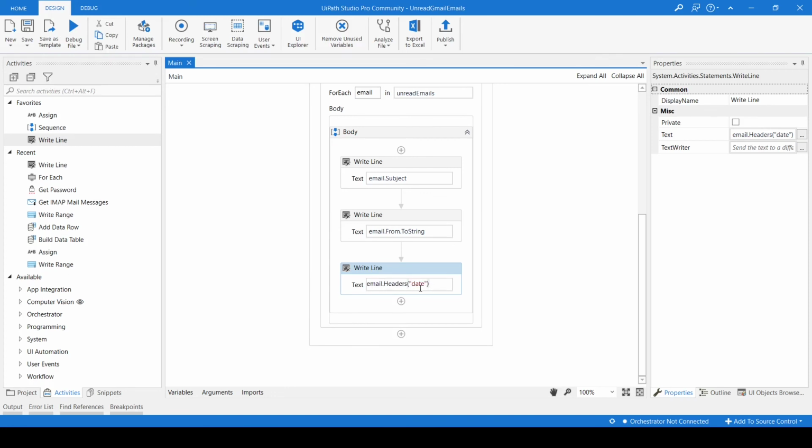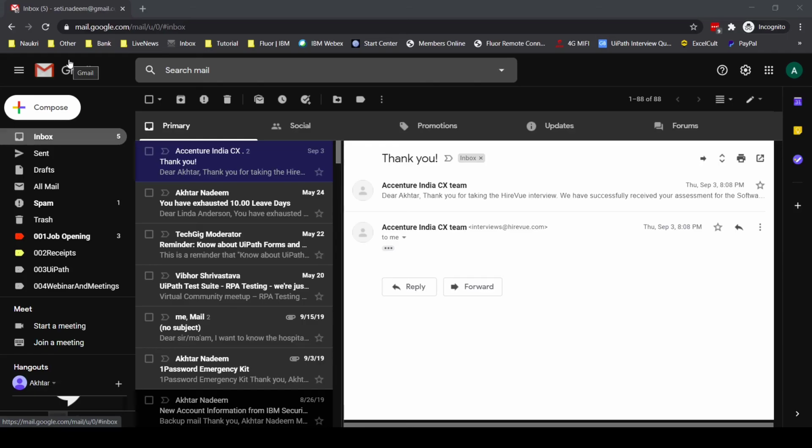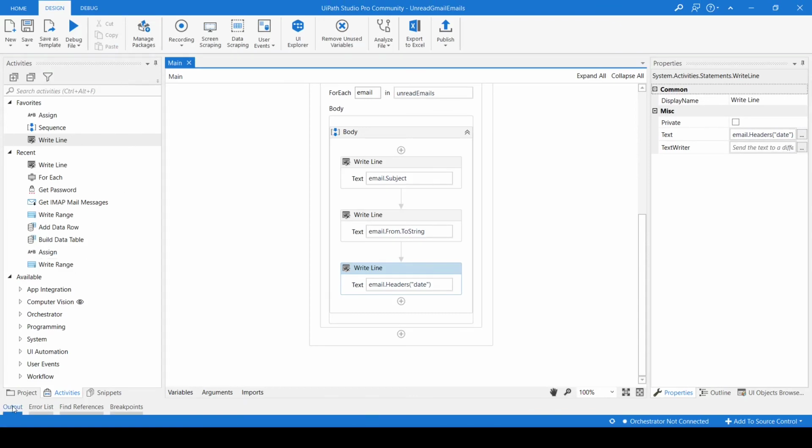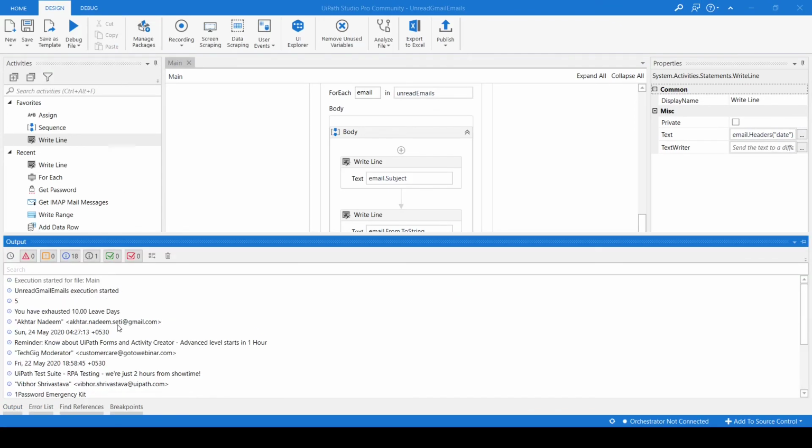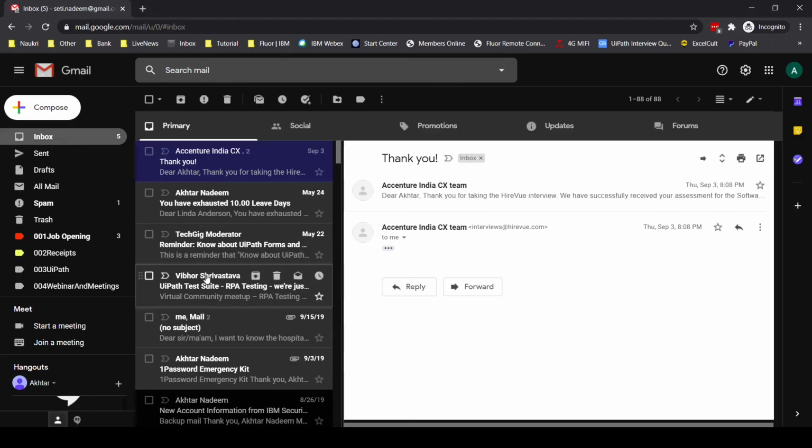So after passing this date argument, we can get the date value. Headers, subject we have received here, we received the from address and headers. So from headers we are reading the date value, and let me run and see whether the date value is coming or not. Here the number of unread emails is 5. 1 2 3 4 5, correct.